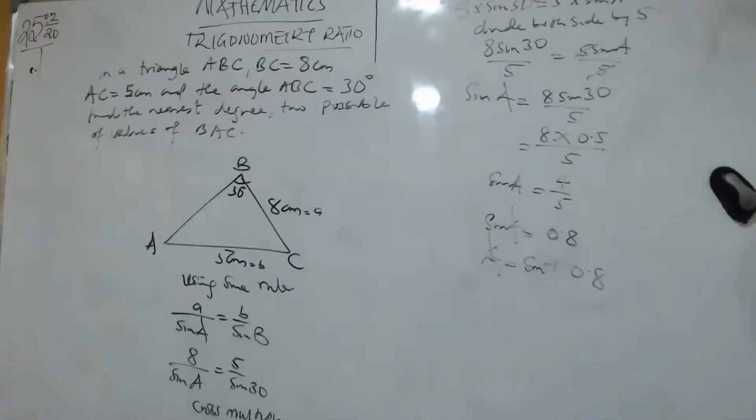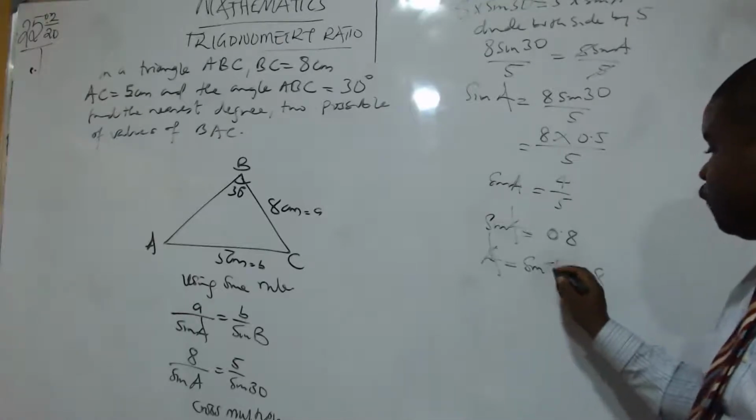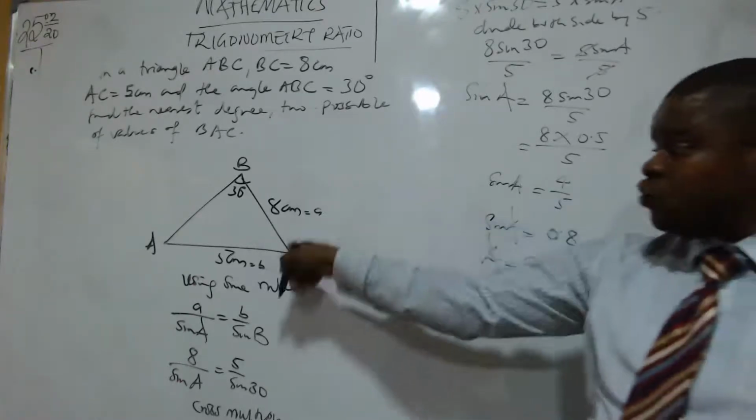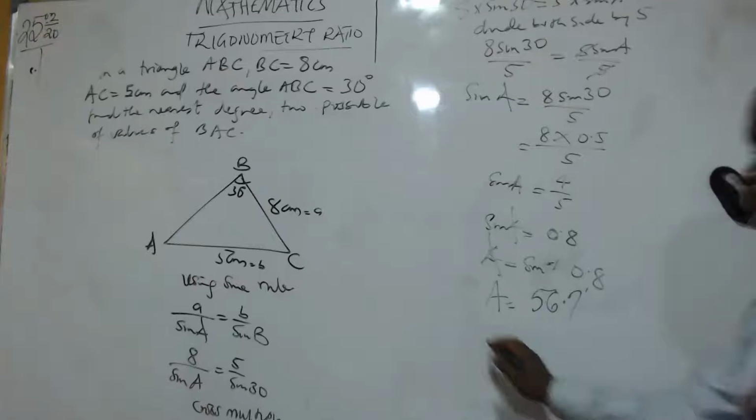The sine inverse of 0.8, right? So that will be the value of the angle given to us, and that is A. Now, how do we get C? We now say A plus B plus C equals